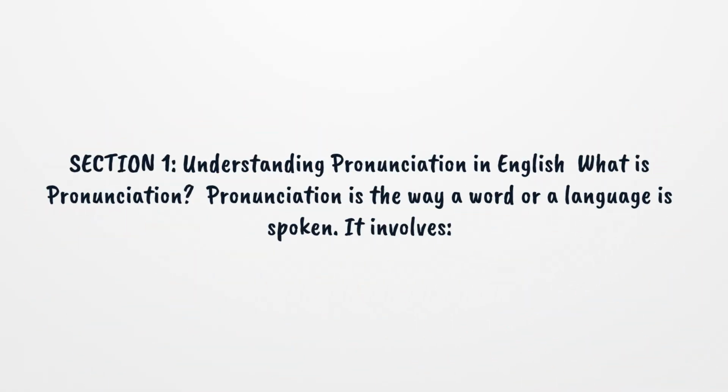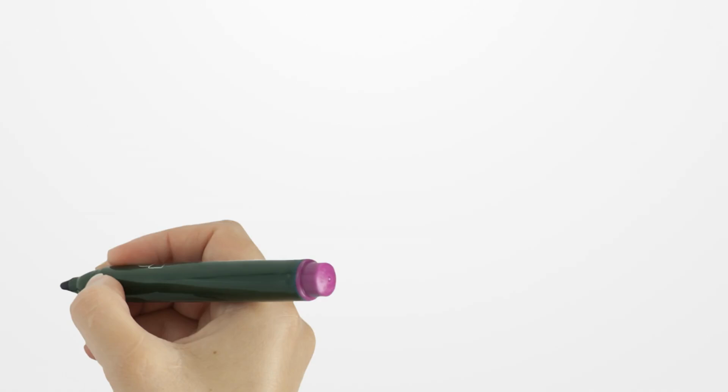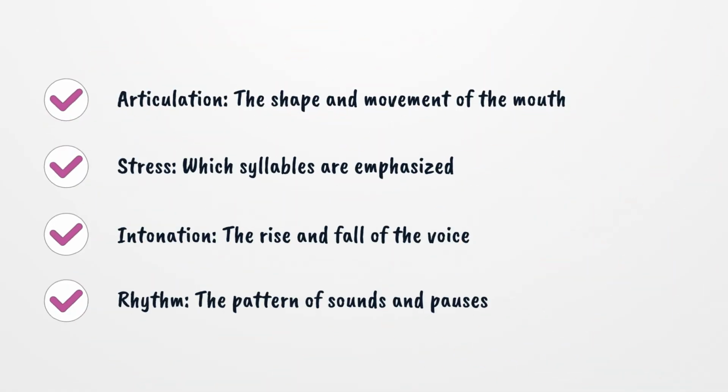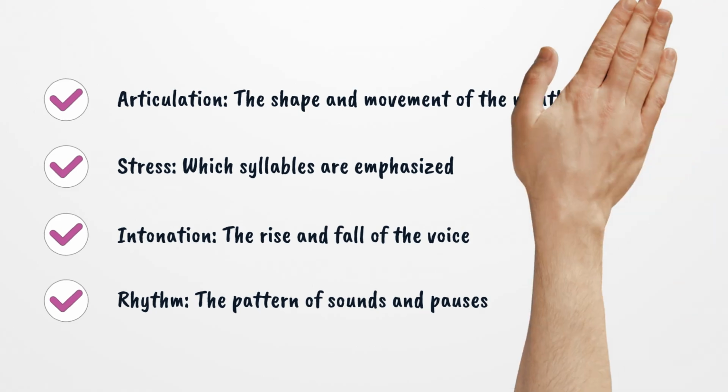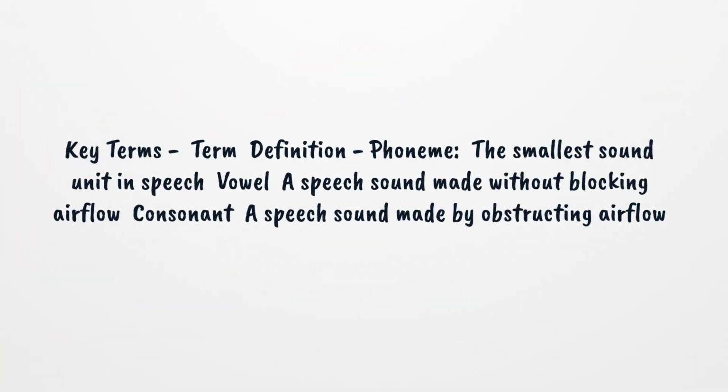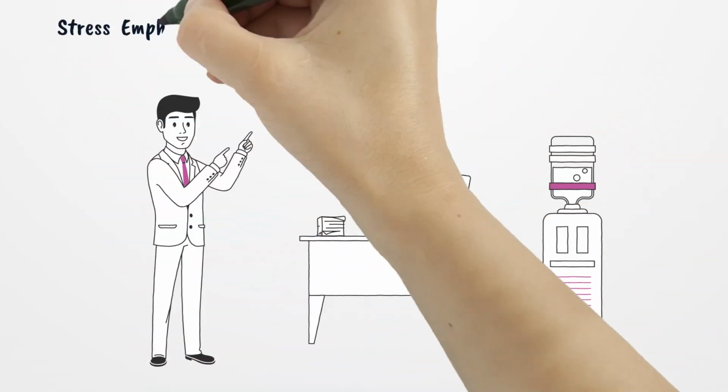Section 1. Understanding pronunciation in English. What is pronunciation? Pronunciation is the way a word or a language is spoken. It involves articulation, the shape and movement of the mouth; stress, which syllables are emphasized; intonation, the rise and fall of the voice; and rhythm, the pattern of sounds and pauses. Key terms. Phoneme: the smallest sound unit in speech. Vowel: a speech sound made without blocking airflow. Consonant: a speech sound made by obstructing airflow. Stress: emphasis on a syllable in a word. Intonation: pitch movement in speaking,